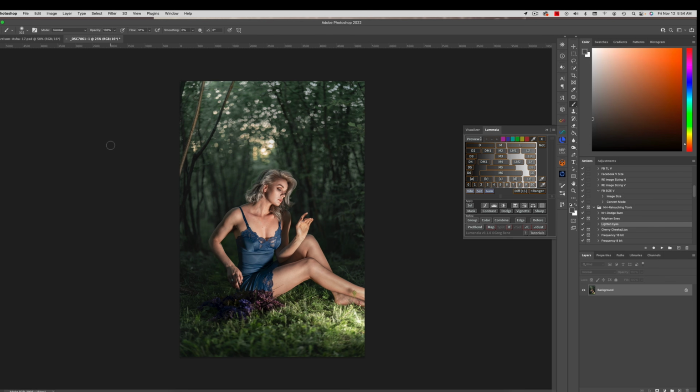Okay, I'm going to show you a little technique. So there's some yellow in her hair. Let's just open up a hue saturation layer and go to our yellows. And this is so powerful. So if you pull the saturation all the way to the left, then you remove all the warmth in the image. That's yellow. So I'm just going to invert that mask, and I'm going to come in,